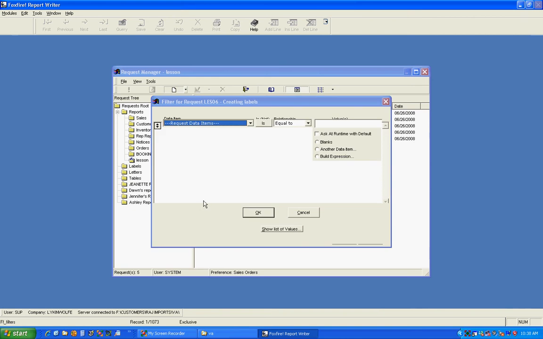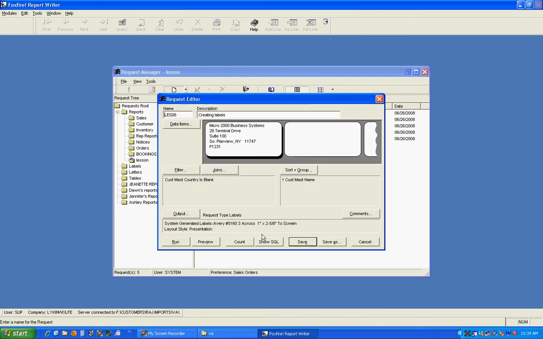So you would add, and you would say country is blank. Yeah. And you would say OK and save it. Now, even though you don't have country on there, it's still pulling it from the database. That's correct. It's filtering the database and not the label field. That's correct. Okay. So when I say save and preview,